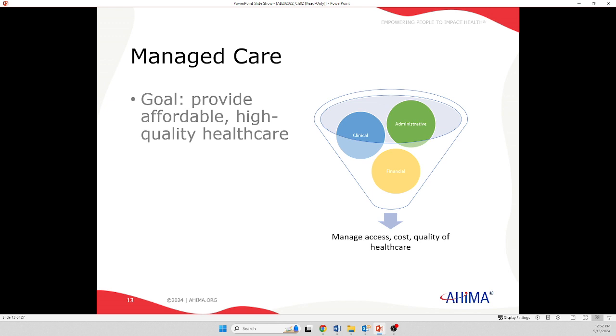They have evolved into numerous types of plans, HMOs, PPOs, POS, but their goal is to provide affordable, high-quality health care, and they attempt to manage care by integrating 3 items there that you can see in that funnel. We have clinical, administrative, and financial, and they do that and try to manage the access, cost, quality of health care. So with this, what happens is that they have